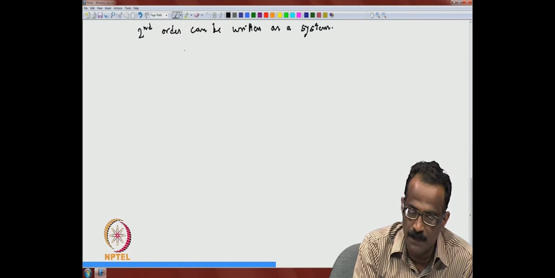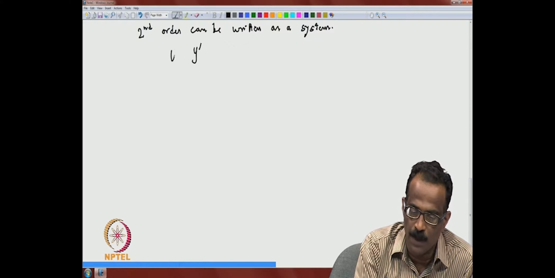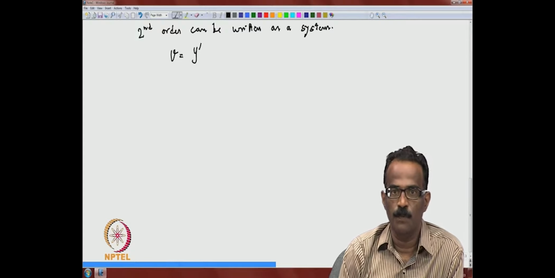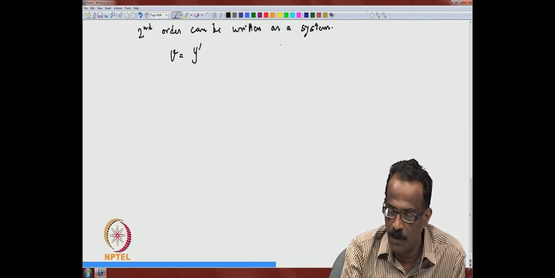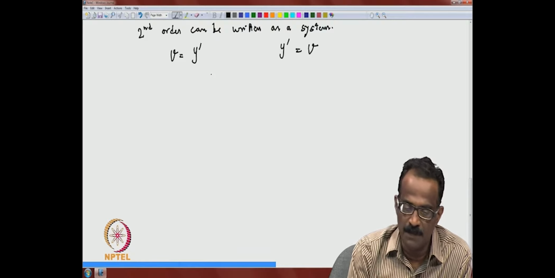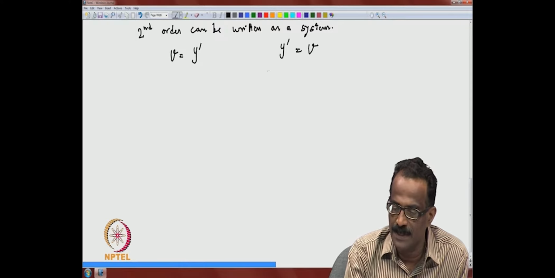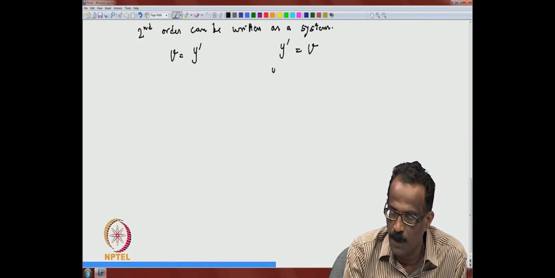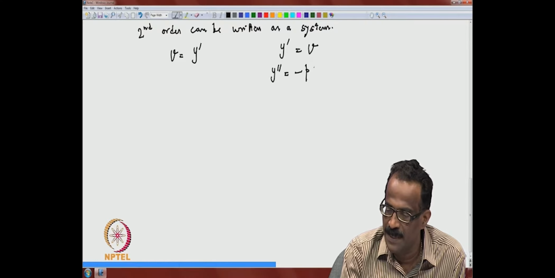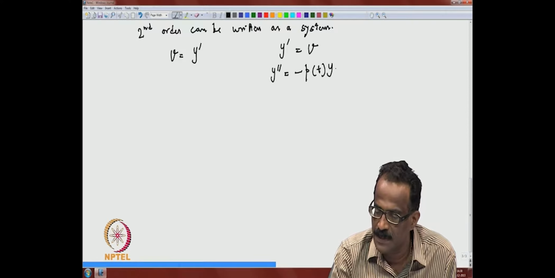So, put v equal to y prime, or in other words y prime equal to v, both are the same. Then from the equation, if you substitute, you get y double prime equal to minus p t y prime